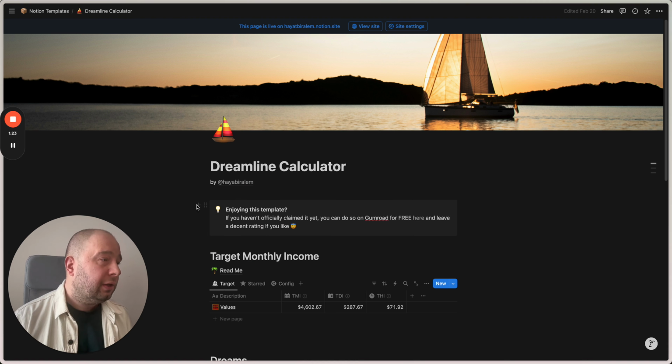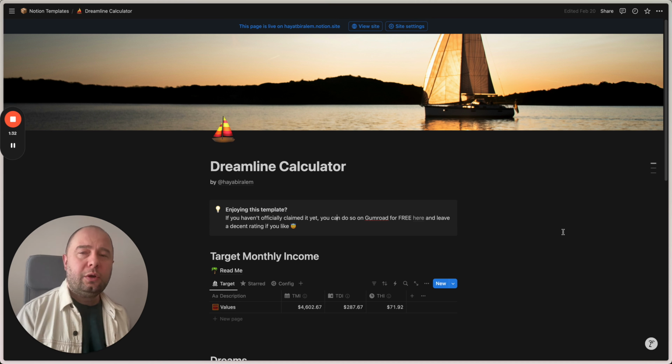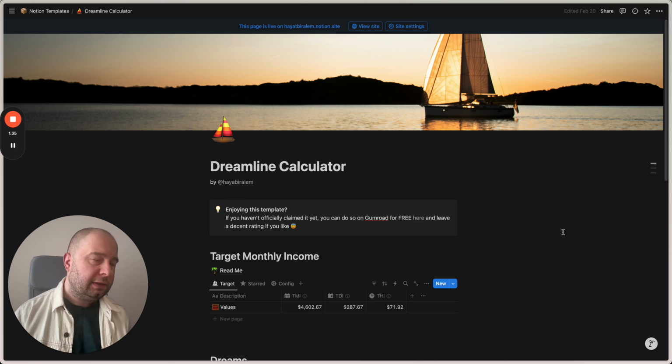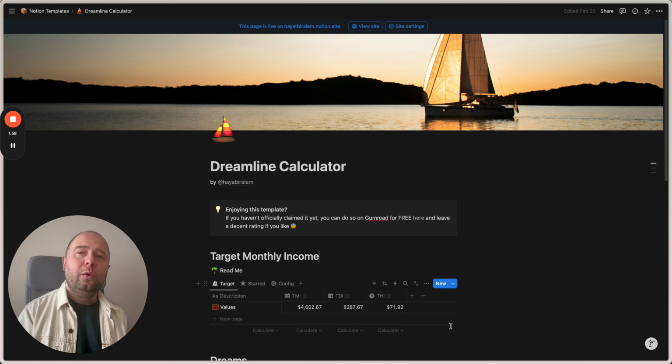When you have the template, you can get rid of this callout, of course. And then we have our target monthly income. If you have read the book, you already know what target monthly income is. Since I'm working on an hourly basis, I had this tiny output of mine to know what our target daily income and our target hourly income are. This is the original target you are looking for, target monthly income and target daily income. But I came up with target hourly income to understand what the target hourly rate is for me to achieve